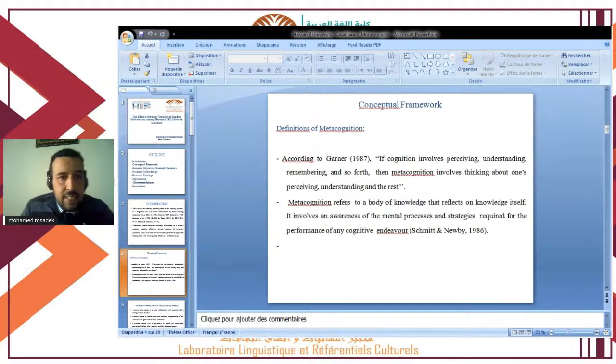So concerning data analysis, the data reported by the target AFL learners via the reading comprehension tests and the retrospective questionnaire were submitted to rigorous statistical analysis by means of both the Excel software program and the SPSS software program. So both pre and post tests were given a score after being analyzed in terms of the correctness and accuracy of the responses. And the data reflected by the participants in the implemented retrospective questionnaire were coded and quantified as percentages.